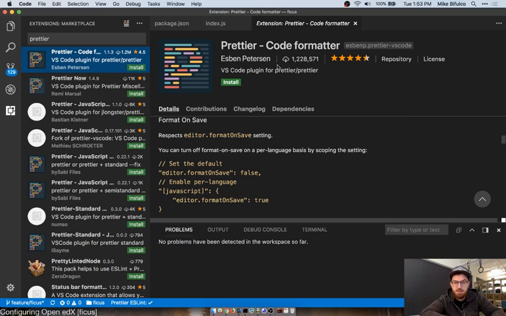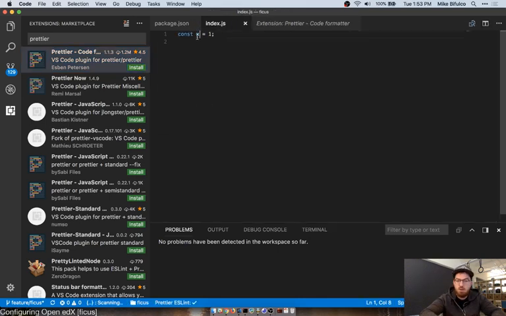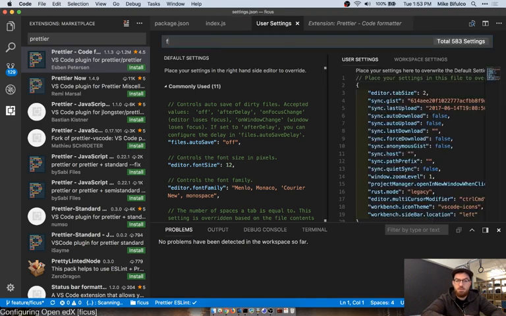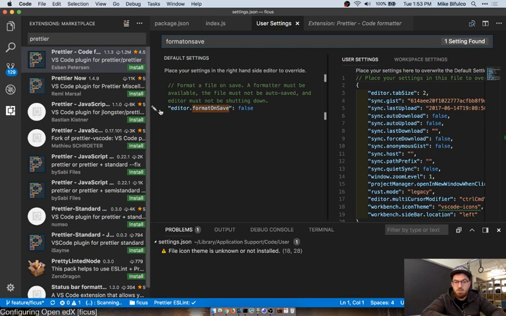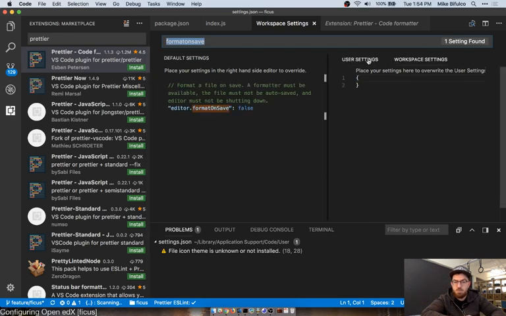Editor format on save setting. So we're going to do format on save, and we're going to edit in this workspace. True.